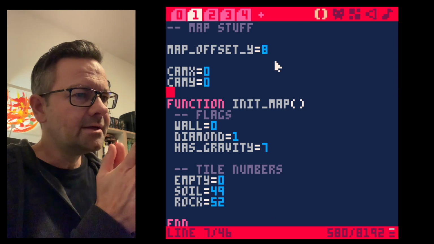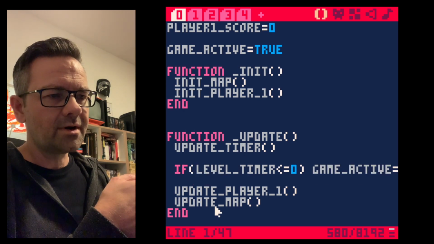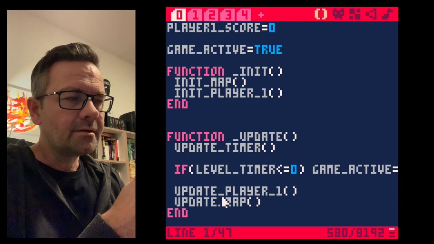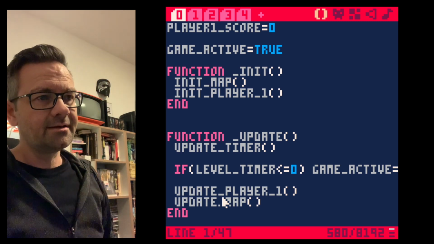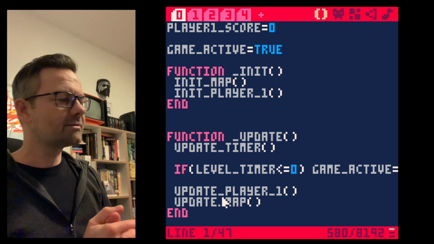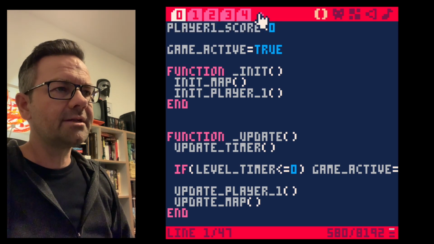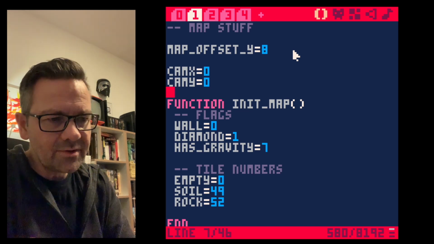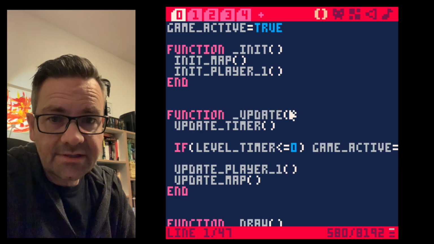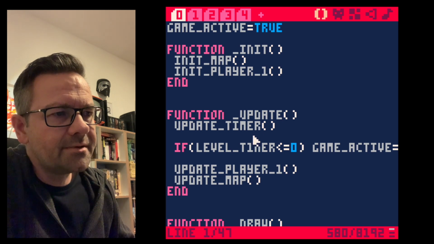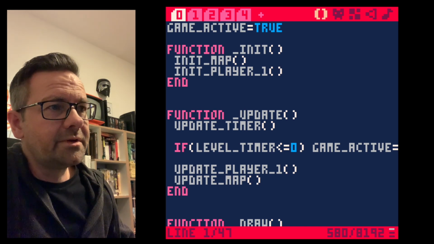The first thing to do is, if we would check with every update, which is here, we would check 30 times a second, our update map function, which checks for gravity, stuff would just fall down like a guillotine. So no player would have a chance. So we need to bring in a little time buffer, and we will only update every third round of update. And for that we have to do our own timing. Since PICO-8 has no real timer, the only thing we can do is rely on that update is called 30 times a second. And if we call update map every time update is called, this will be called 30 times a second. So what we do is we go in our map function